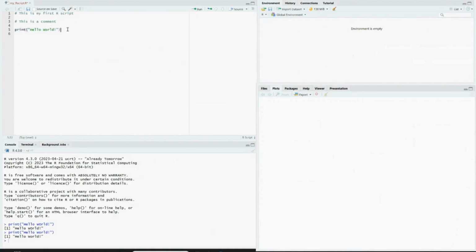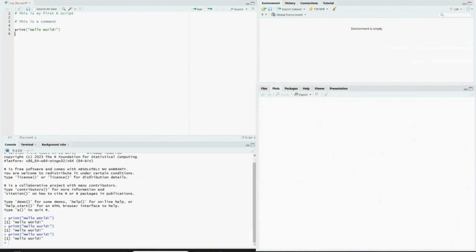The next method is using Control Enter. I can make sure that I click on that line, and then on the keyboard I hit Control plus Enter. That will again run that piece of code. And there's also another way that you can run the script, but not just a single line, but the whole